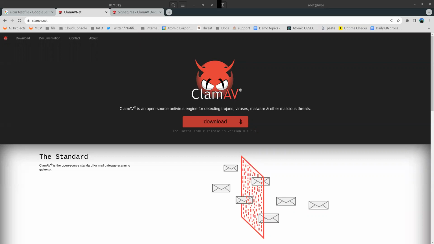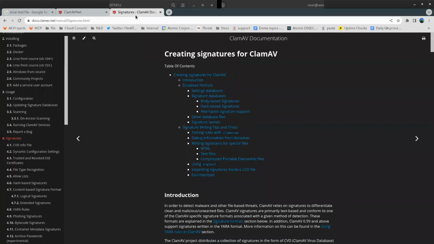It is an AV engine. It's a signature-based system, right? All well and good; AV systems do that. These are the various signature types it uses, but the one that I think is really unique and deserves its own topic is called Yara, Y-A-R-A.